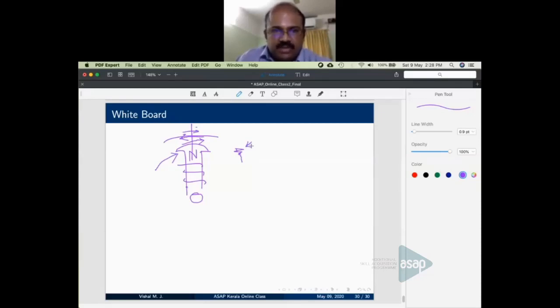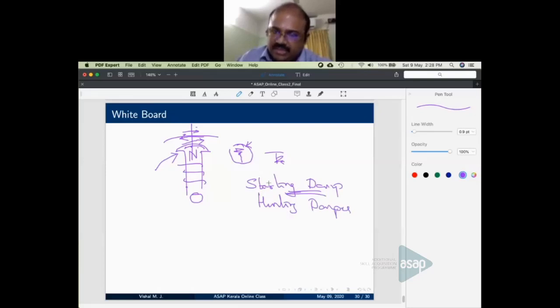So to prevent hunting, there are damper windings kept on the pole faces. So it's like a squirrel cage induction machine. Whenever there is hunting, you have relative motion between the stator field and rotor field. So induction motor action takes place, and working on that difference in slip, it will try to nullify that slip. So remember, your starting damper and hunting damper are both different. Starting damper is used to start the synchronous machine because it is not inherently self-starting. Hunting damper is used to prevent hunting during load changes of the synchronous motor.